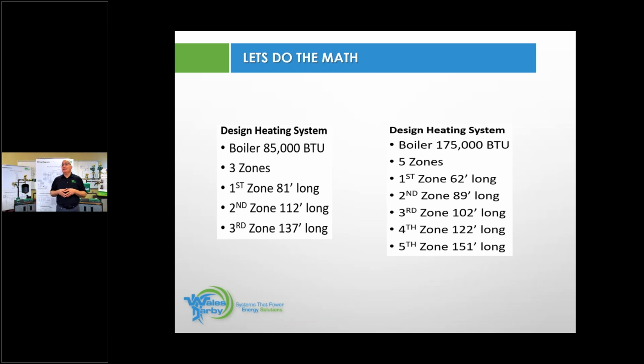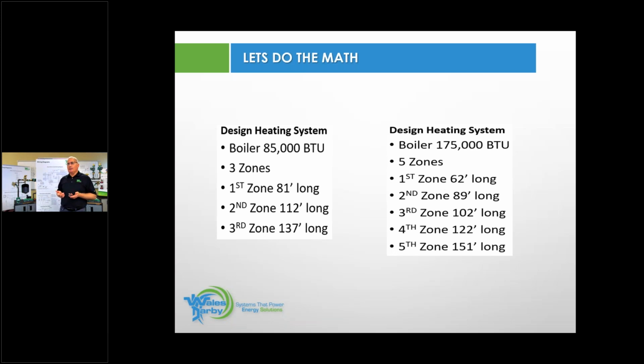That's substantial. So that could tell you that maybe that 007 is not the right one. But it's also not as big as you think, but we need to know. Okay, that 175,000 BTU system, just doing some simple math, we divide that by 5, we're talking about 35 BTUs